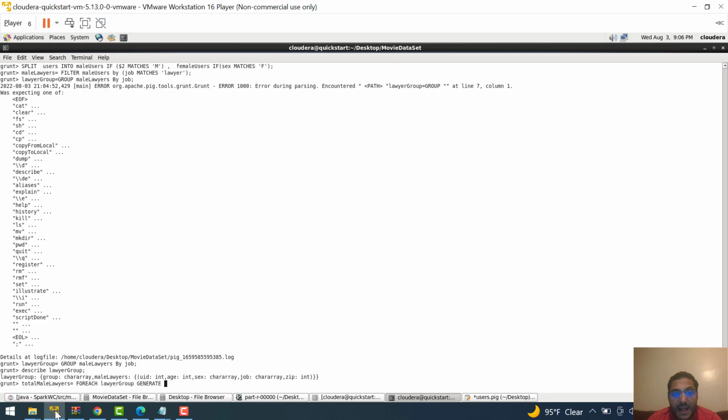Basically I need to generate a count of the number of tuples in that male lawyers bag. So I'll say count of $1, because $0 is the first field, and $1 is the second field. Okay, and then